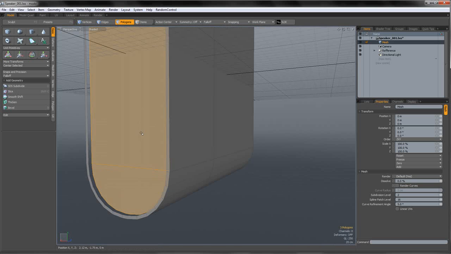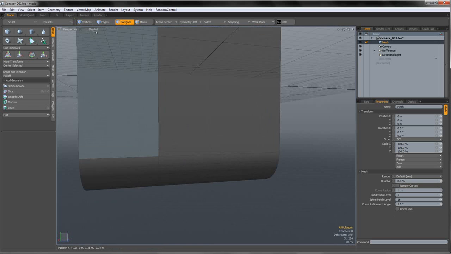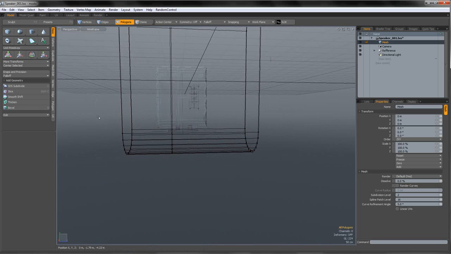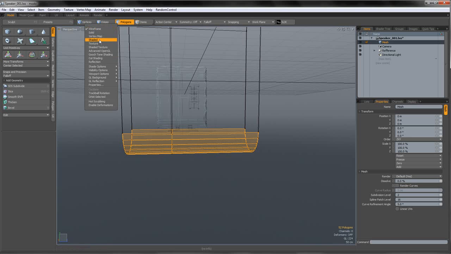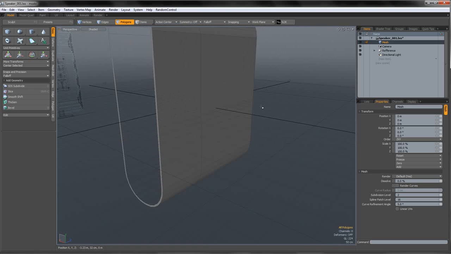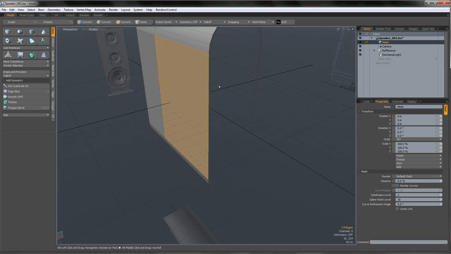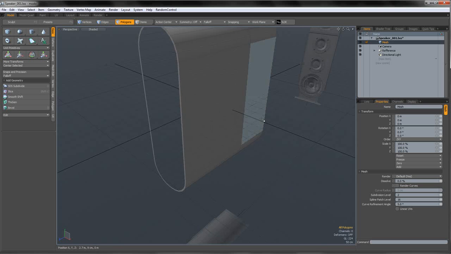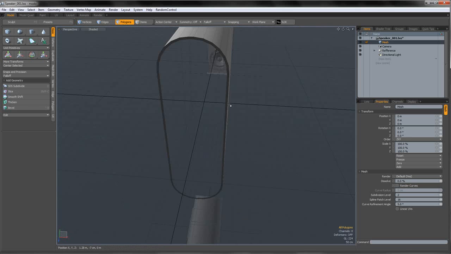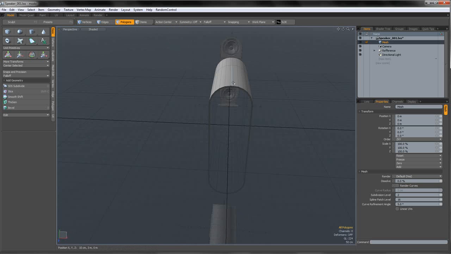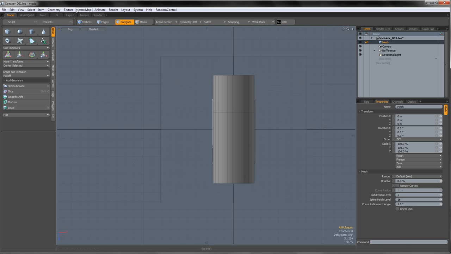Let's hide these because we're not going to use them right now. And one thing you can do to ease your selection is just go into wireframe mode and select like that. Okay, Control X, Control V, and another piece would be this one and this one. Control X and Control V. Okay, now that we have it all split up,